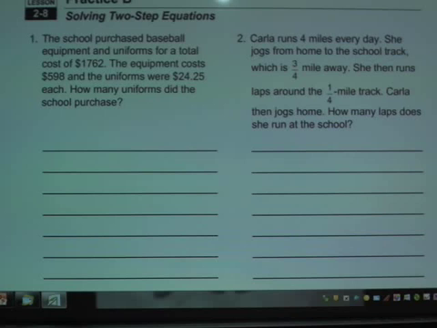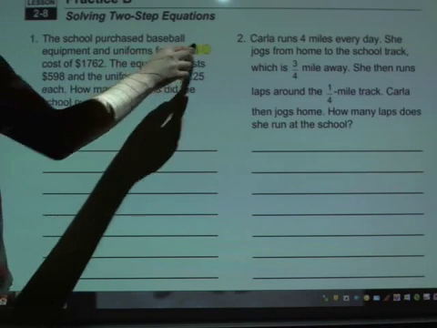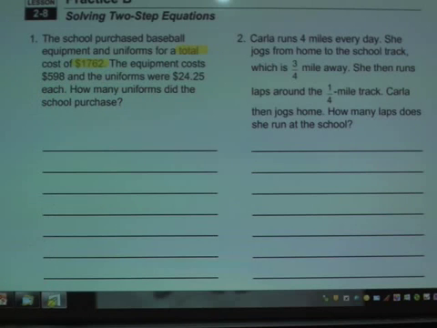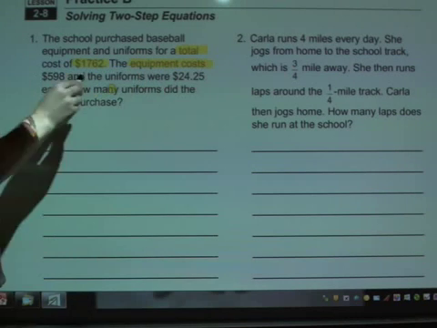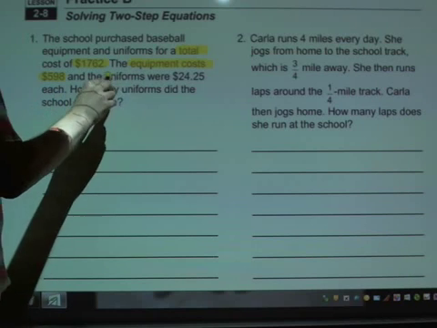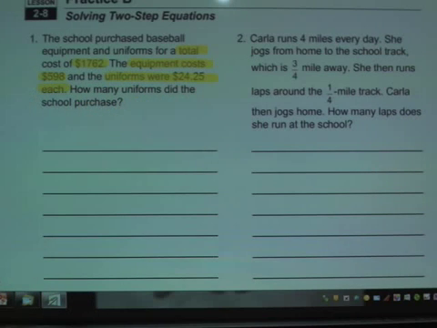It says the school purchased baseball equipment and uniforms for a total of $1,762. The equipment cost $598 and the uniforms were $24.25 each. And we're supposed to figure out how many uniforms did the school purchase. So as you can see, I highlighted the important information there as I read, so let's use that to generate